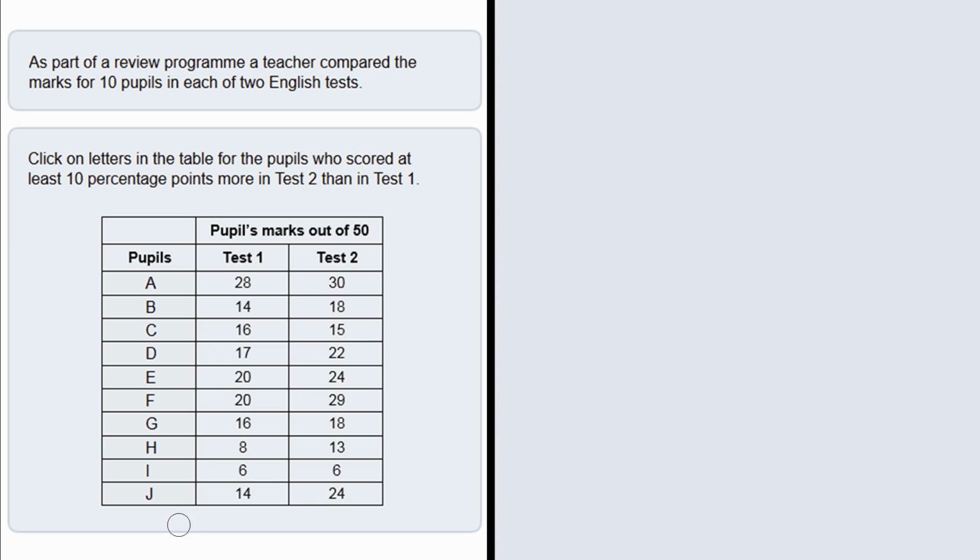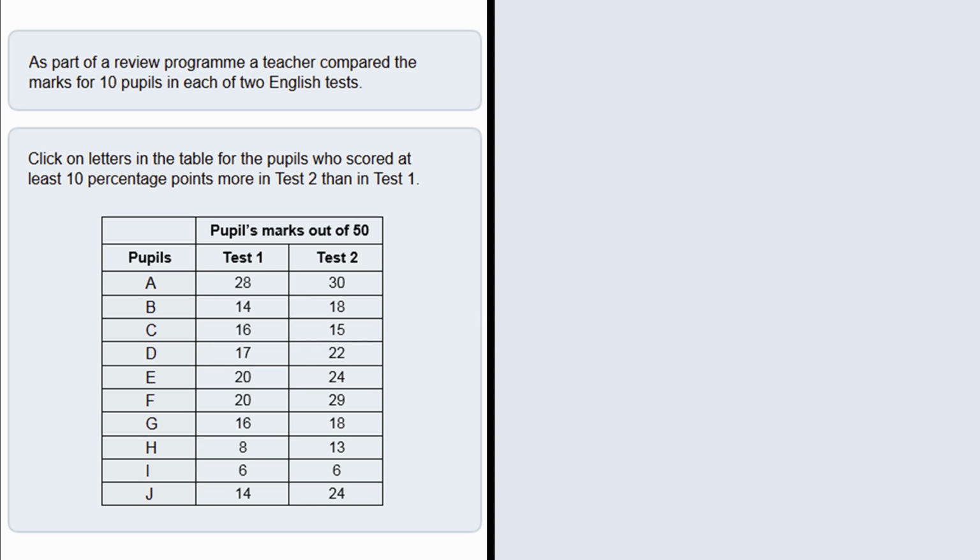In fact, we can see from the table here that the pupils' marks are out of 50. So for example, a mark of 30 out of 50 is a mark of 60 out of 100, 60%. So all of these, in theory, to get into percentages, all we'd have to do is double the numbers anyway. But I think the best approach for this question is to first work out the difference between the Test 1